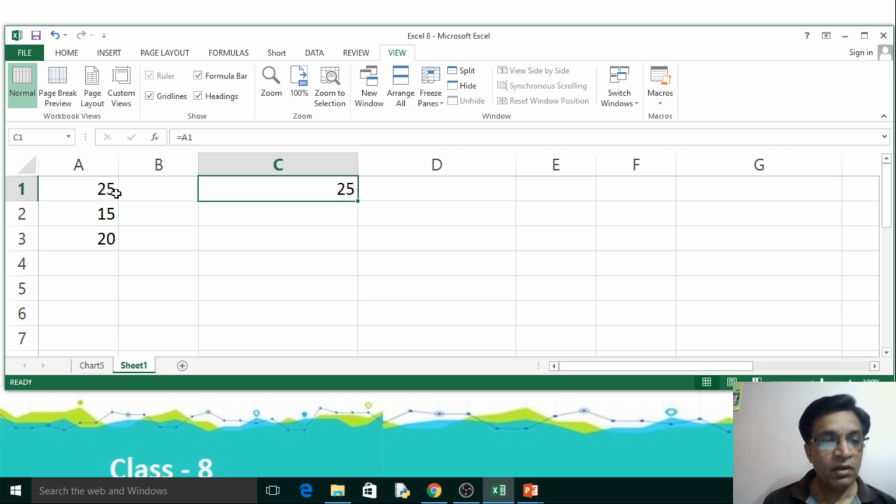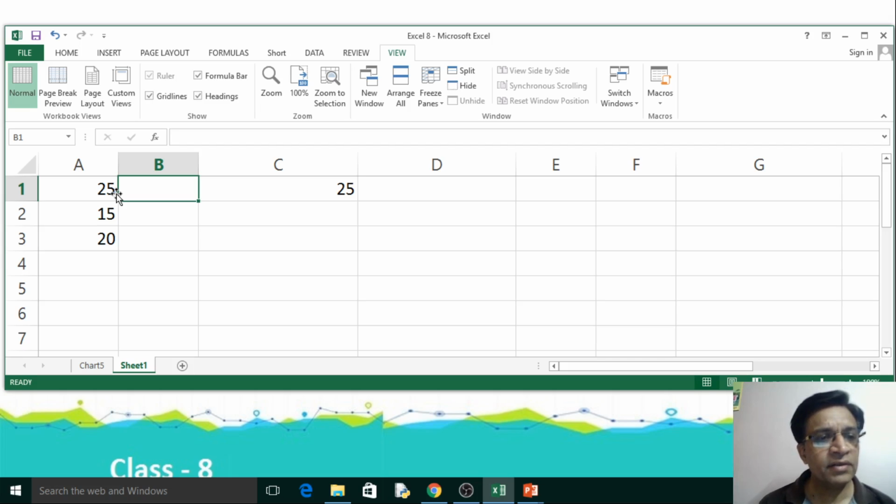Now there are three types of cell references supported by Excel: relative cell reference, mixed cell reference, and absolute cell reference. Now we will see the difference between these cell references.